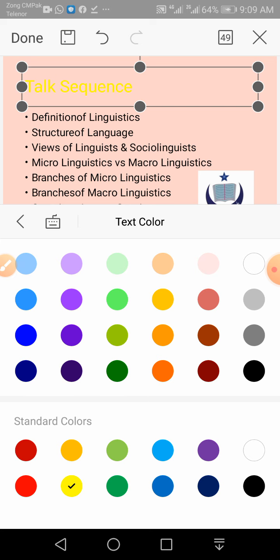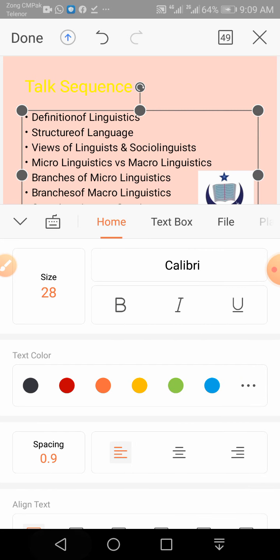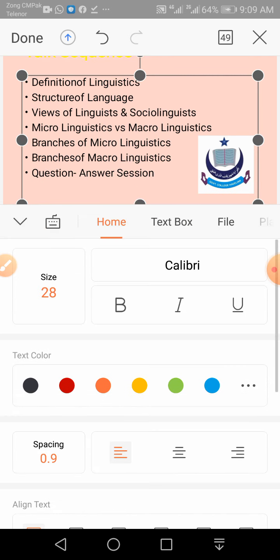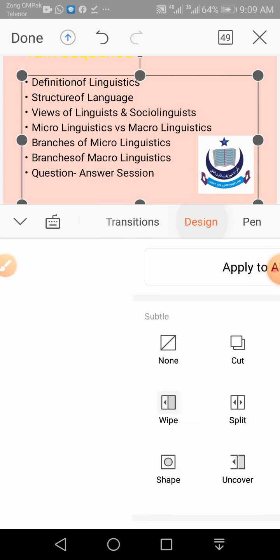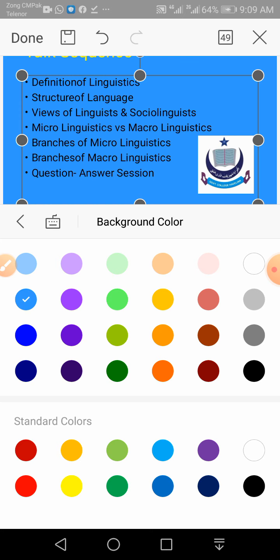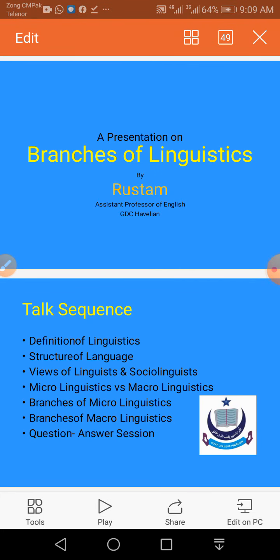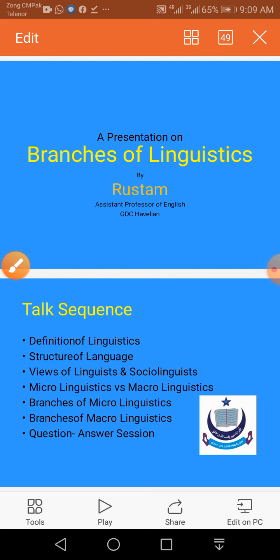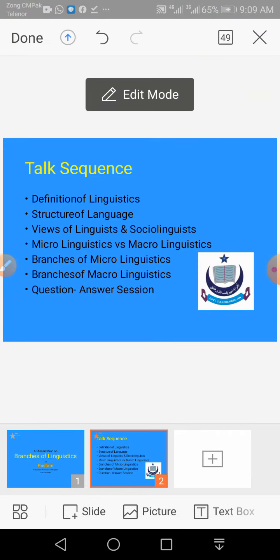So the better option is that all the slides should be kept blue. Let me go back. Here we have the slide. Let me go to design. So all the slides should be bluish, and the title should be yellowish, and the text can be white, or black.